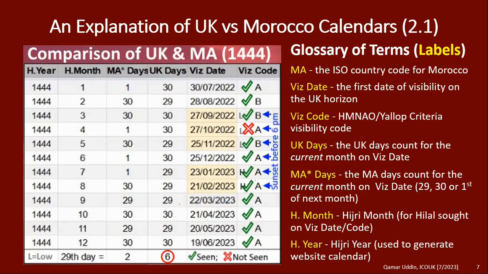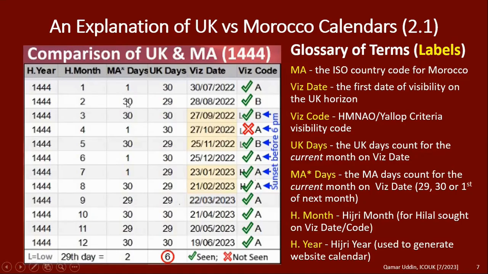Ideally it will alternate between 29 and 30, but that is not always the case. Sometimes you will get consecutive 30 days and consecutive 29 days. And you can see we had consecutive 29 days and we were able to see them all, mashallah, all 3 of them. But if we're looking for the moon on Morocco's 29th in the UK, then we don't always see